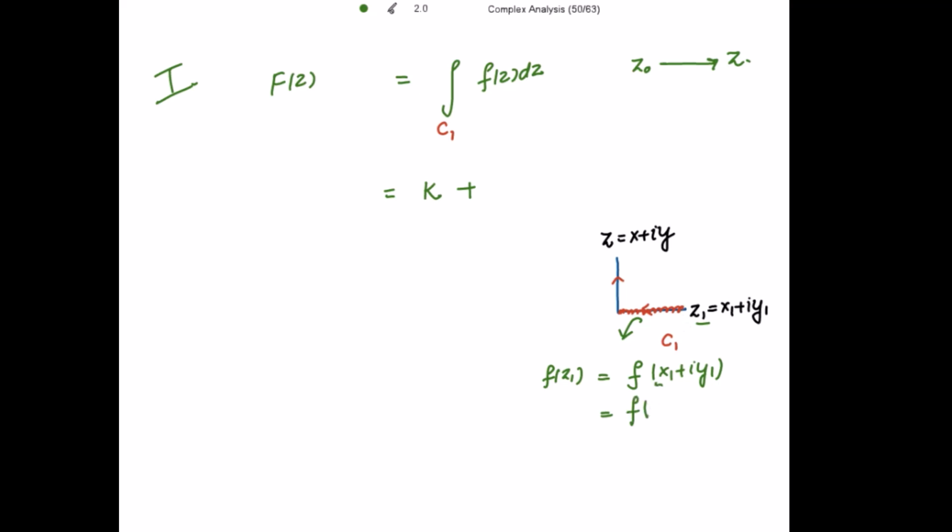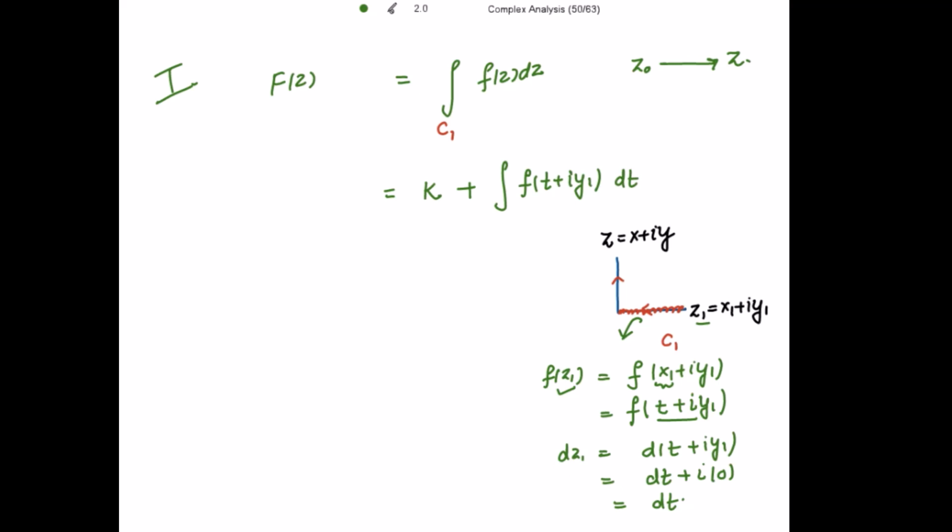So taking the variable x1 to be t, plus iota y1, and dz1 is equal to the derivative of t plus iota times the derivative of y1. y1 is constant, so this is 0. So this is equal to dt. So writing here the integral of f of z1, that is f of t plus iota y1,